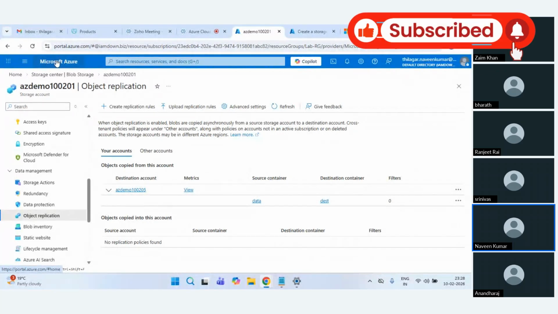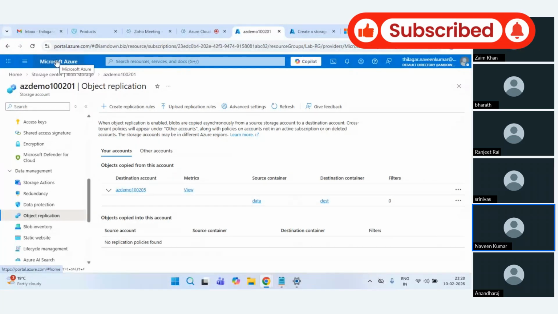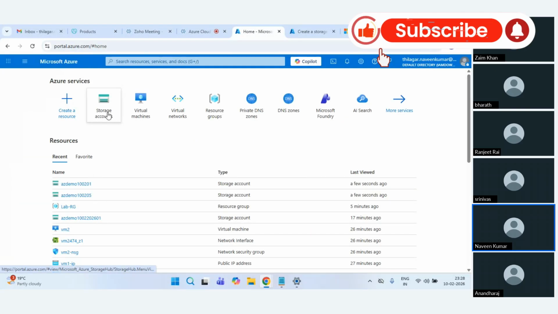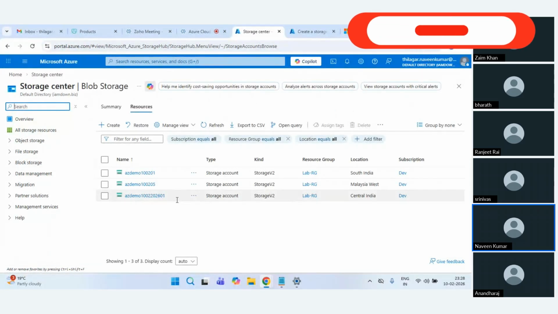Okay, I just wanted to tell you, okay, this option is there. This is something which you might see people using in real time, especially to set up your DR and all. Okay, so with this, we talked about most of the things on the storage account side, except one topic,